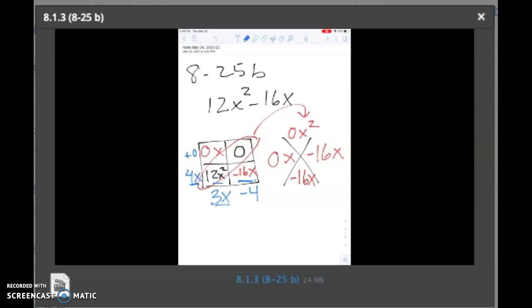And just to double check, if I want to figure out if this top part of my rectangle is good, the top right, negative 4 times 0 does in fact give me this 0. So my factored product here is 4x times 3x minus